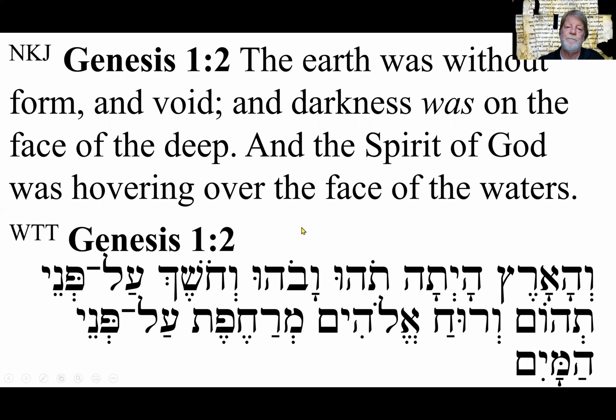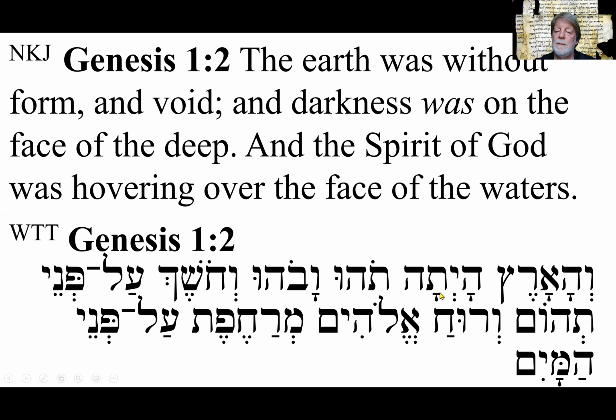Let's move on. Here we've got the second verse of Genesis 1. The earth was without form and void, and darkness was on the face of the deep. And the Spirit of God was hovering over the face of the waters. And here we have the Hebrew, starting from right to left. We'll look at the first word, and I'm just going to pronounce consonant by consonant and vowel by vowel. Ve, ha, a, retz,